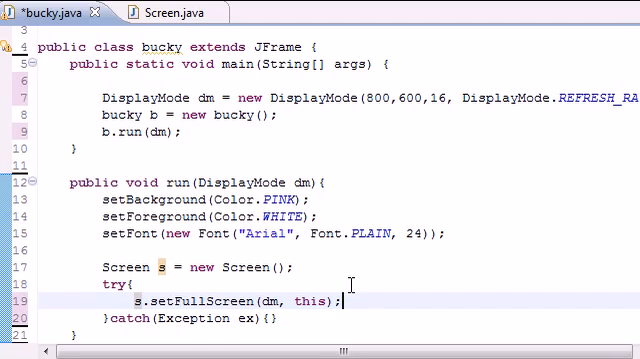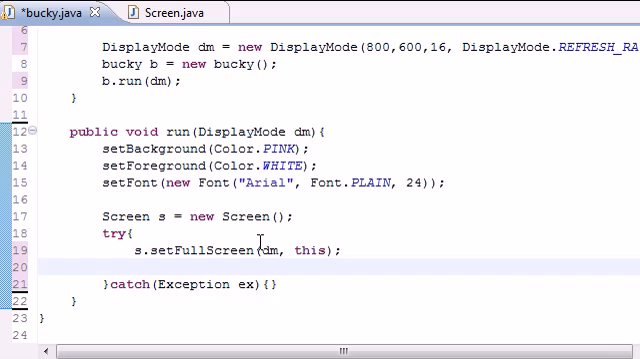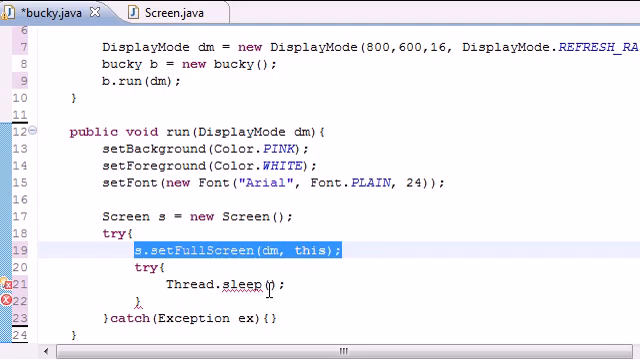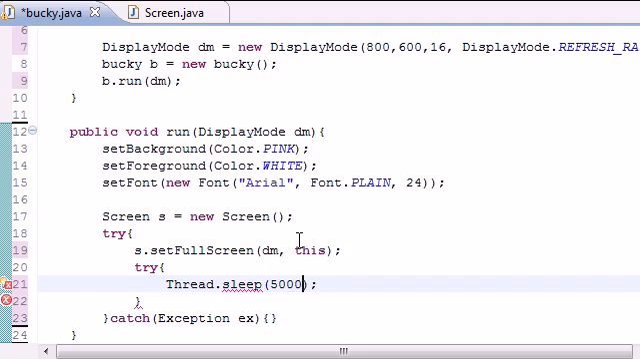So inside this try block, you actually want to have another try block. If this works, let's go ahead and put the thread to sleep. Remember, when we put a thread to sleep, it does nothing. So once it sets it to full screen right here, we want it to do nothing for 5 seconds. That's 5,000 milliseconds. If you're wondering why you would want it to do nothing for 5 seconds, well, if we didn't have it sleep at all, it pretty much would just set it to full screen, and